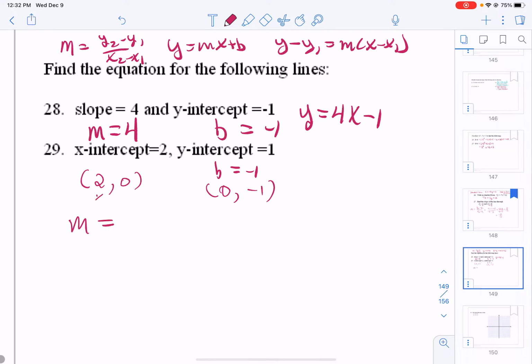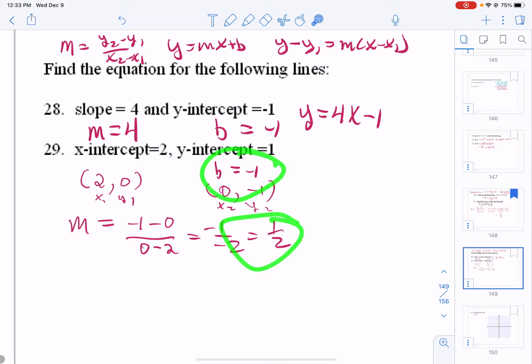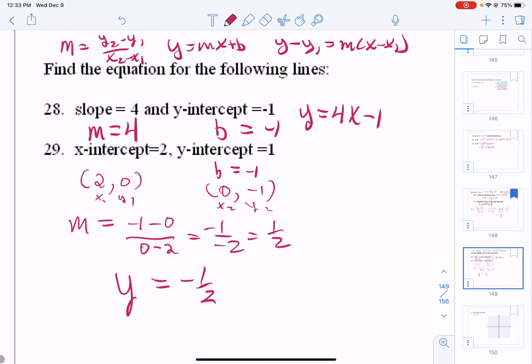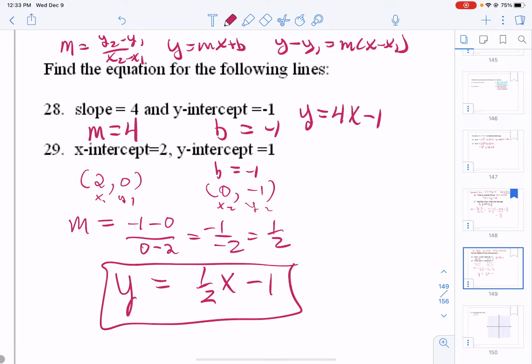So that's going to be, if we label this x1, y1, and x2, y2, negative 1 minus 0 over 0 minus 2, negative 1 over negative 2, or 1/2. Well, now we know our m, now we know our b. Stick it into y equals mx plus b. So those are our answers for 28 and 29. Now I will tell you, there's multiple ways that you can find these. That isn't the only way to have done these problems, but that's just kind of what occurred to me. Okay,